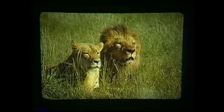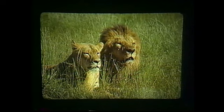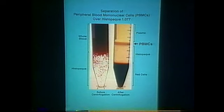So the tack that I chose to use was to get samples from clinically normal-looking animals and look at some of the immunological profiles that might give us a hint about whether or not this virus is doing anything to these lions. Basically, by collecting whole blood from the animal and then separating it over a gradient, in this case using Histopaque, post-centrifugation you get a nice band of your peripheral blood mononuclear cells here, harvesting those, freezing